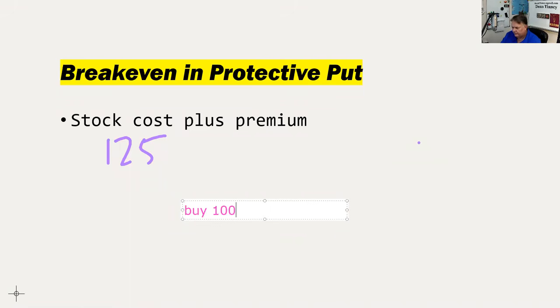So I buy 100 shares of Apple at 125 a share. And again, if that's all I did was buy 100 shares of Apple, the floor would be 0. But I decide that what I'm going to do is I'm going to buy some term insurance. And so I decide that what I'm going to do is establish the choice to sell my Apple between now